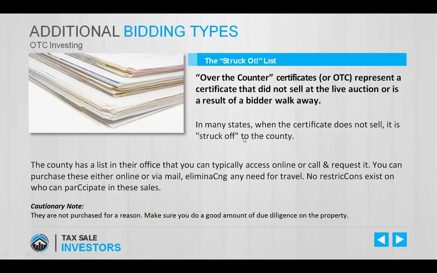Here's some of the additional bidding types. I wanted to run through these really quick. This is called the struck off list. I hinted on them earlier. Our OTCs represent a certificate that did not sell at the live auction or as a result of a bid walkaway. In many states, when certificates don't sell, it is struck off to the county. And the county has a list in their office, like we talked about. You can call, you can request it, or you can log on to Tax Sale Investors, download it yourself, and you can purchase these either online, via mail, no need for travel,